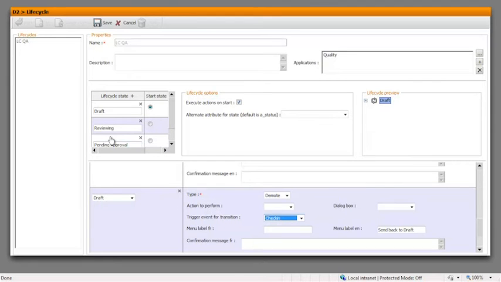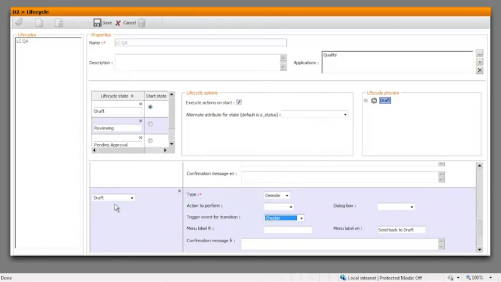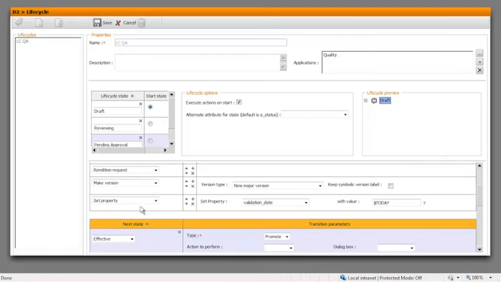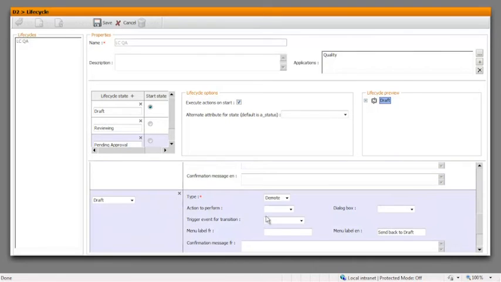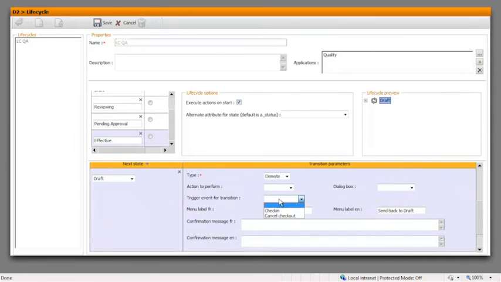So I will select the from reviewing to draft transition and select check-in here. I will do the same thing for pending approval to draft, and from effective to draft, like this. And thanks to this